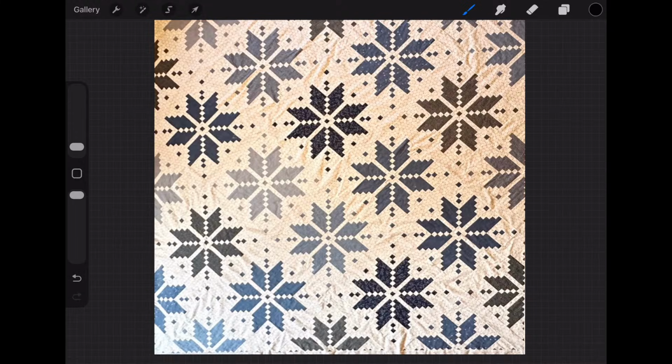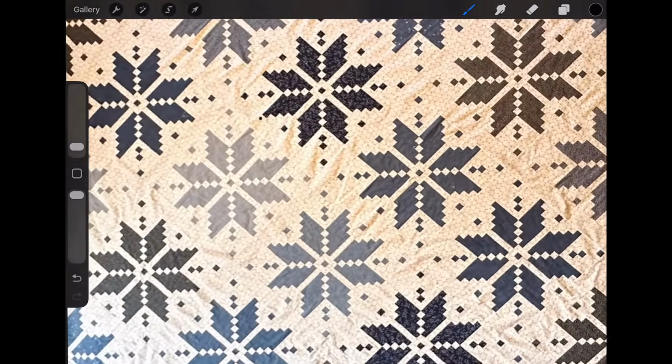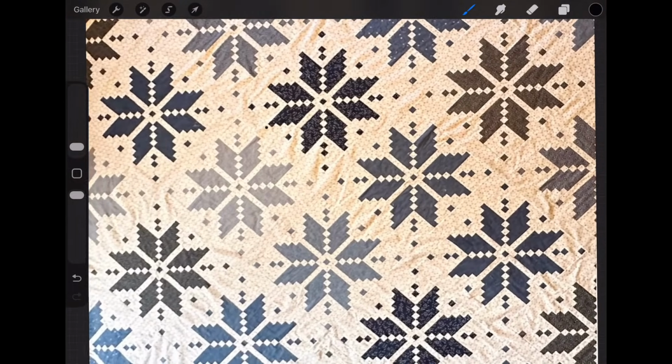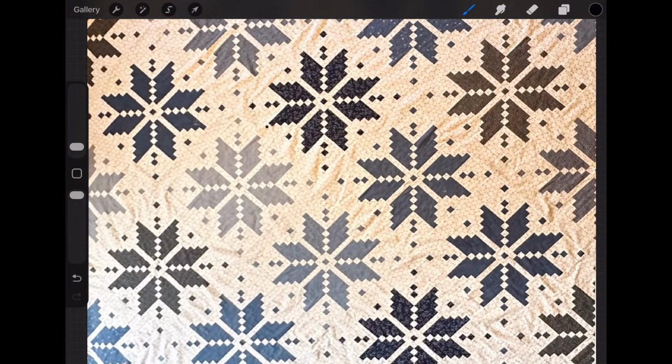So when I look at this particular quilt, I'm like, oh my gosh, there are so many different options that we can go with. But what I like to look at first is the center of the quilt. So I'm just going to zoom in here on the center. And I'm looking at this part here